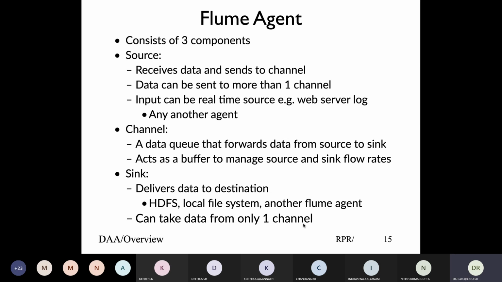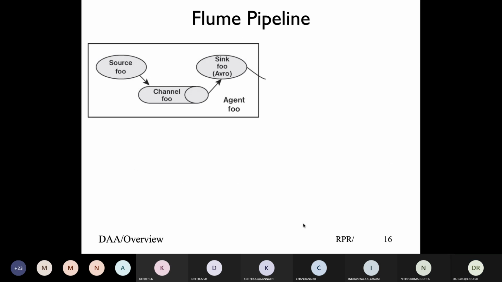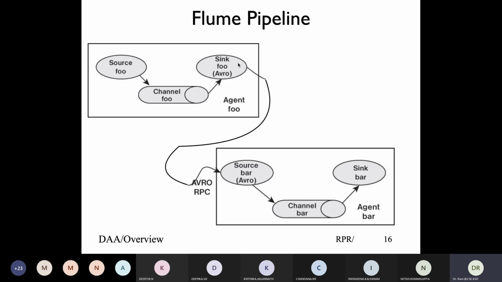If you want to build a pipeline of Flume agents, we could have one Flume agent with a source reading from some source, for example a web server, writing into the channel, which acts like a queue or a buffer, going to the sink, and the sink will give it to another Flume agent. So I'm connecting two agents.